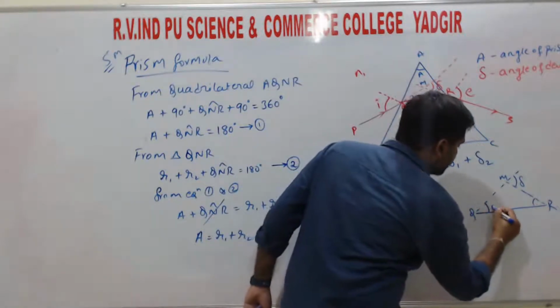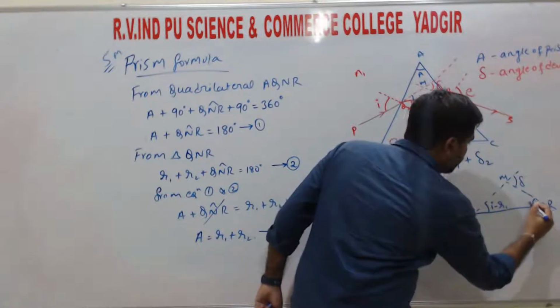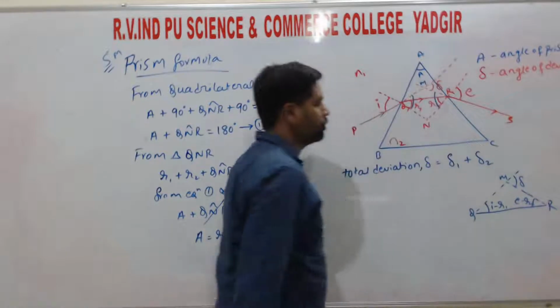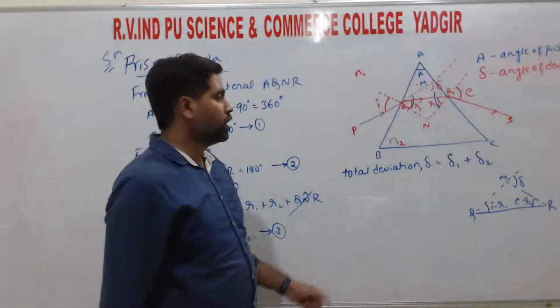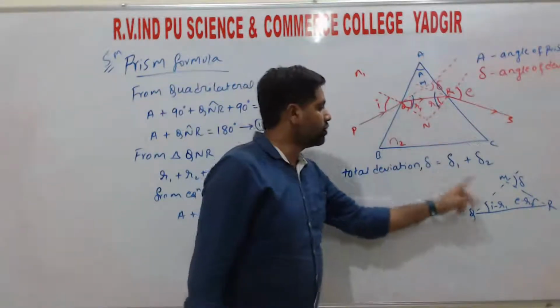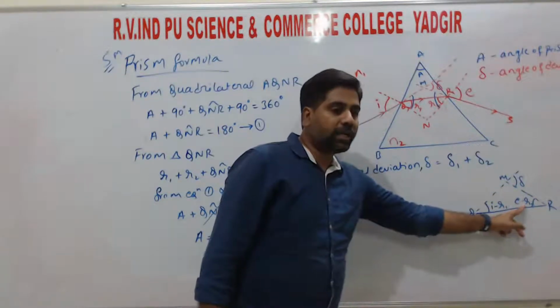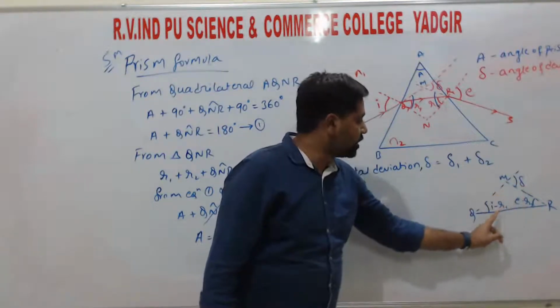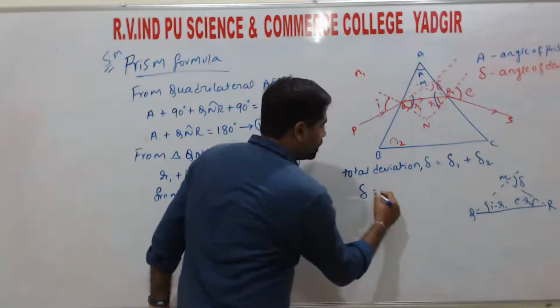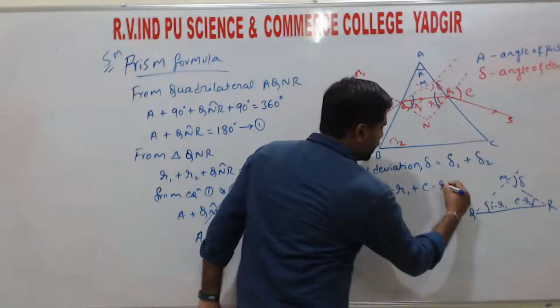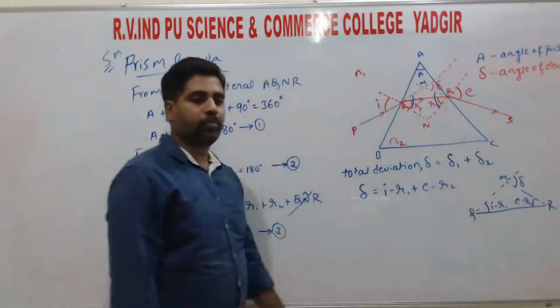So this deviation is I minus R1 and this deviation is E minus R2, right? So that is the deviation. So delta is equal to I minus R1 plus E minus R2,